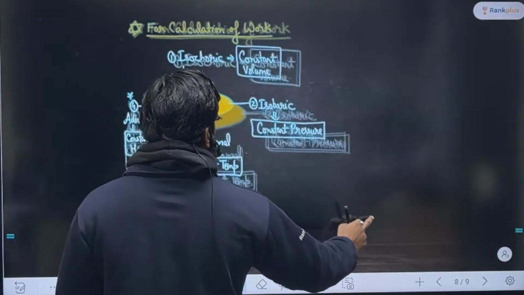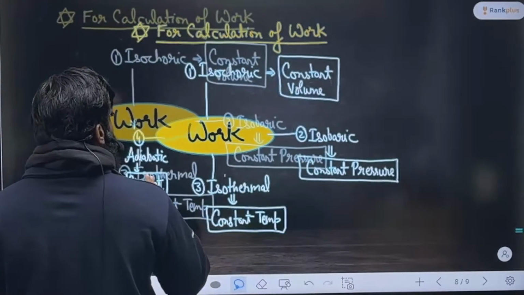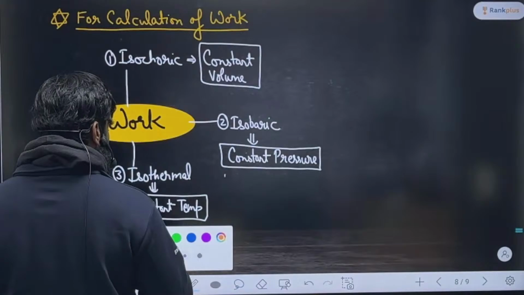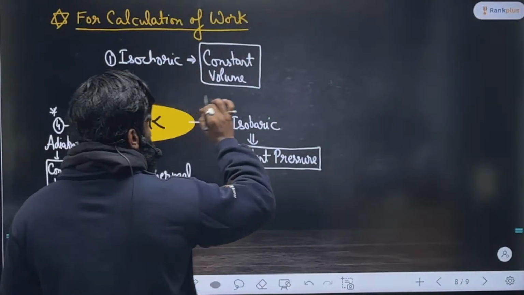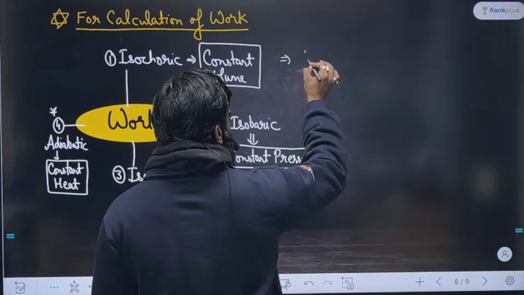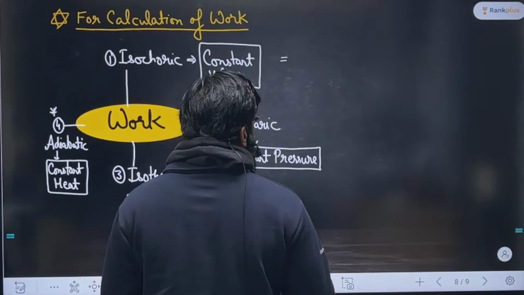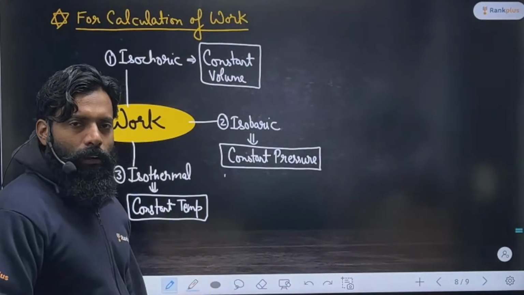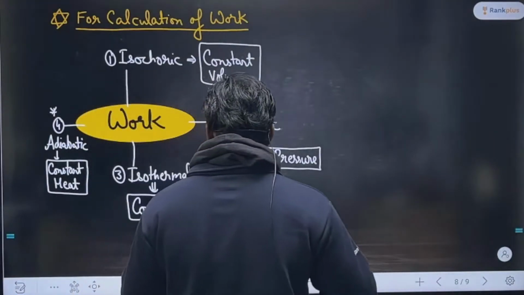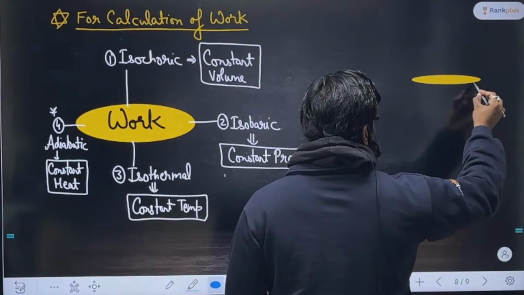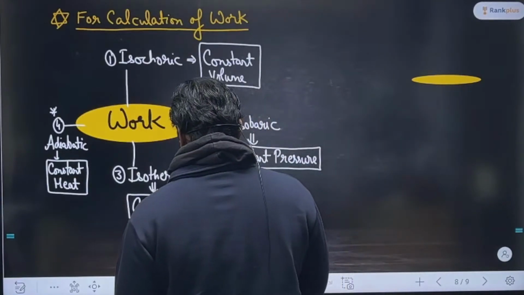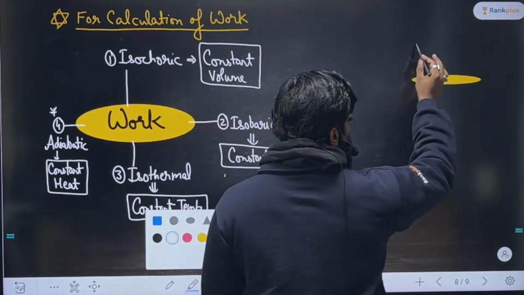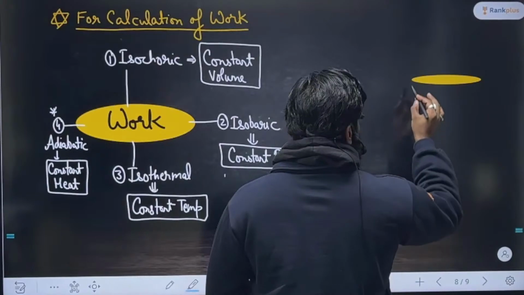Okay, now see, for this isochoric work done, you have to imagine something. Without imagination, there is nothing in physics. You have to imagine that there is one